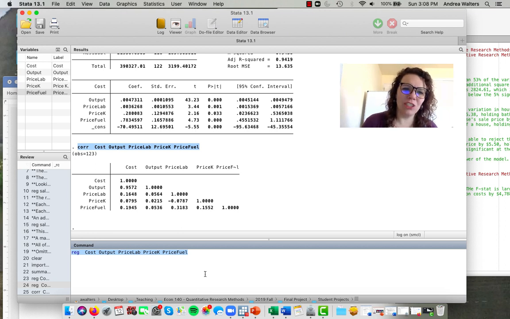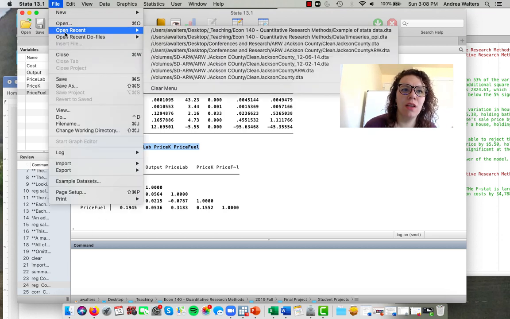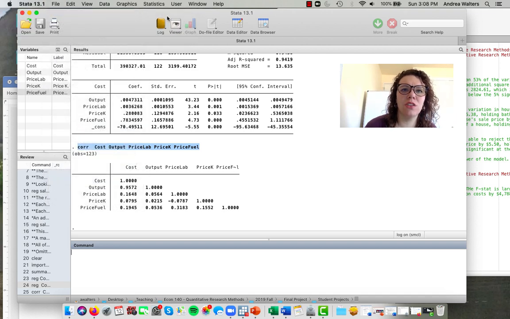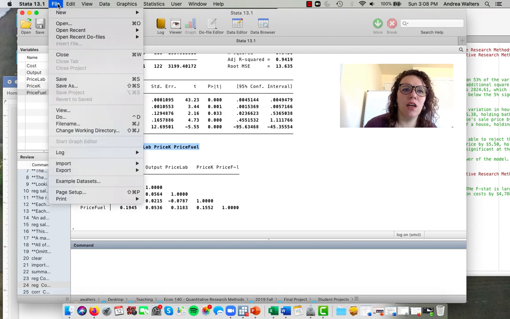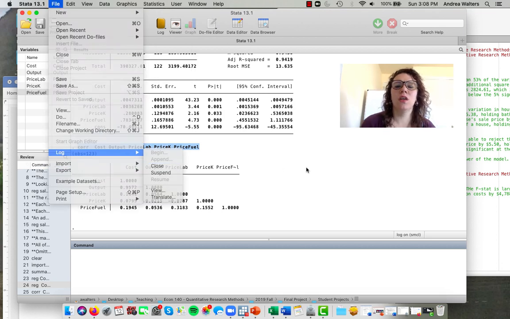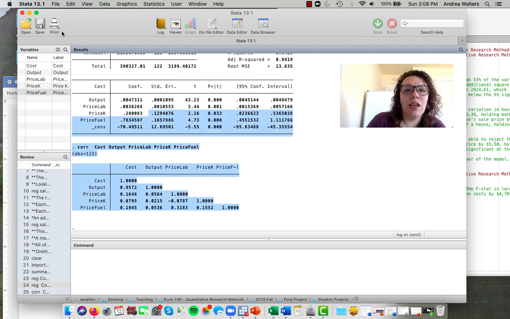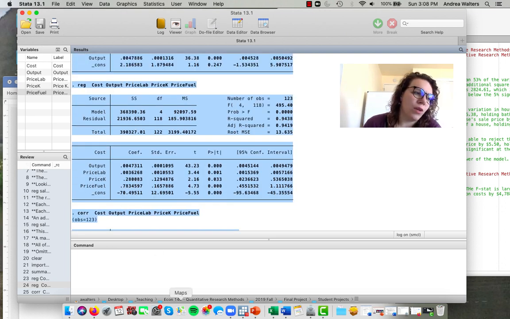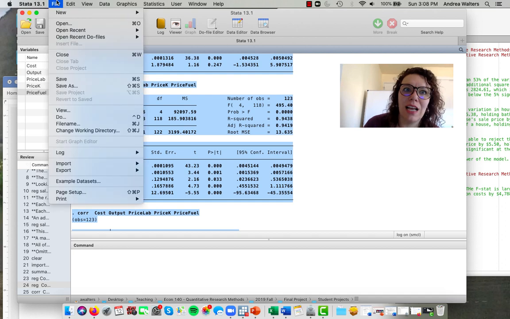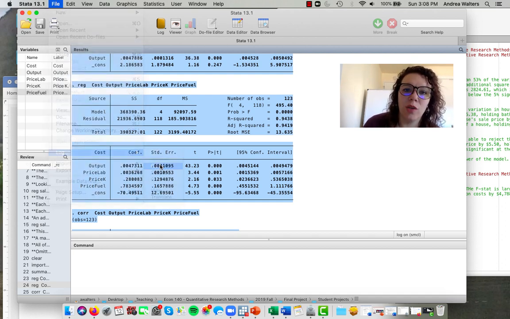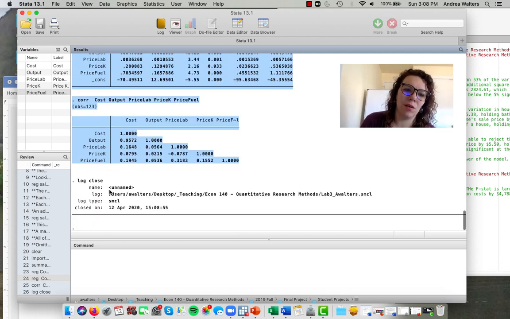One last thing I forgot. If you are going to be submitting your log file to me for this lab, you want to make sure you close your logs. You can do that either with the little log menu there, where it'll give you the option to close it, or you can go to log and then close. But you don't want to close your log until you're completely done, because once you close it, you cannot open it again. What you could do is either select this text and paste it into a Word document, or open up your multiple logs and paste them into a Word document together, but log files are really finicky. So once you close it, you can't open it again. So I will close my log because I'm done. But make sure that you do close your log when you are done, and don't close your log before you're done. And then I'm going to pop that last command